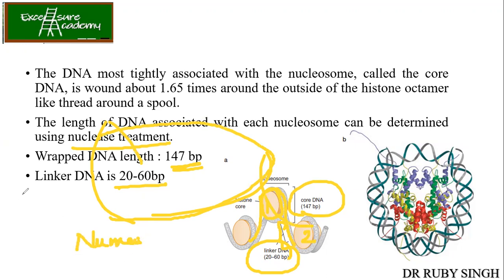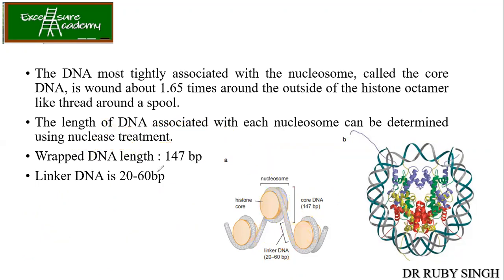Now we know that one nucleosome means four proteins which are present twice. That's how you're going to calculate, and then the wrapped DNA. So when I have 400 nucleosomes, what will be the length of the DNA? Suppose I say that 400 nucleosomes are there, now find out the length of the DNA. Then you should know 400 into 147.